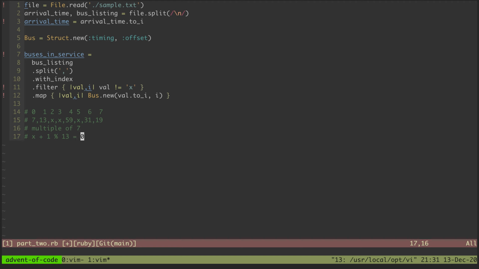And we would find that number by incrementing by 7 at a time until we find one, because we always want to be looking for a multiple of 7. So then once we find that x,